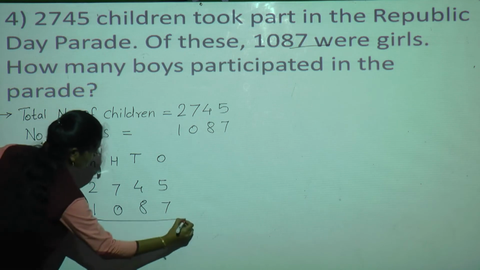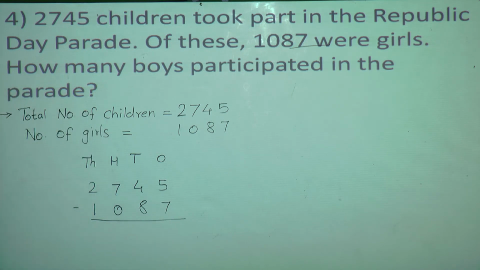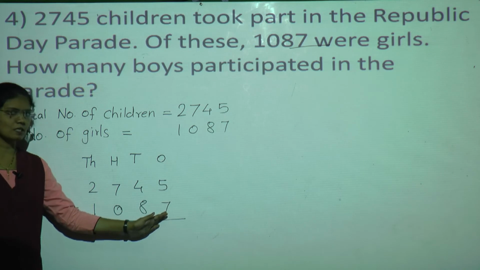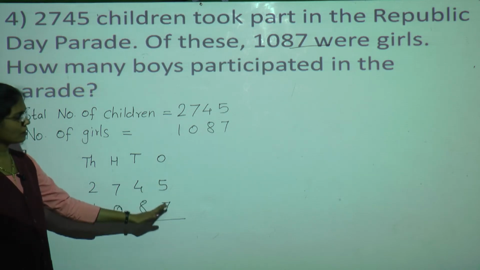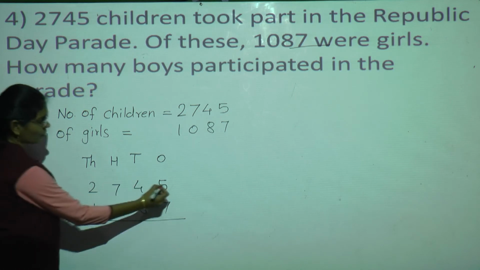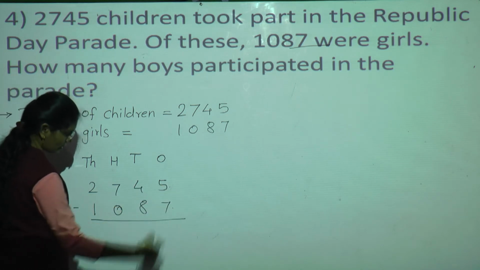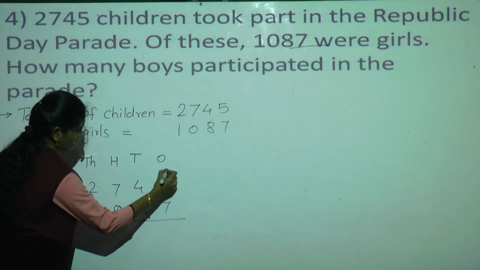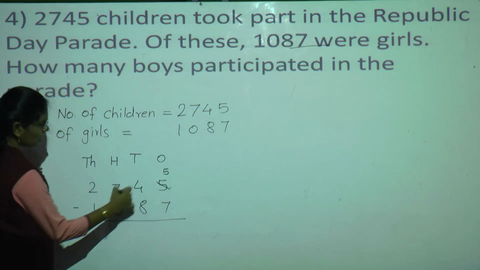Do the subtraction. See the ones place column. At ones place, in the first number there are 5 ones, and in the second number there are 7 ones. 5 minus 7. Do the subtraction. Can we do 5 minus 7? No, we can't do 5 minus 7. Why? Because 5 is smaller than 7. So what we will do? Yes, just cut this 5 and write as it is, and then we will move to the neighbor.